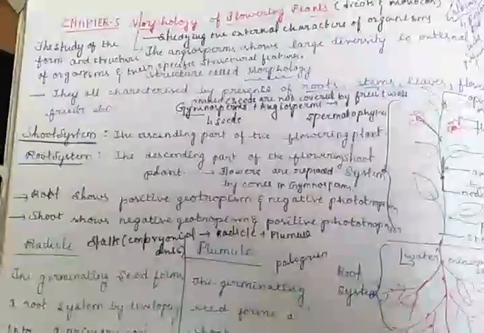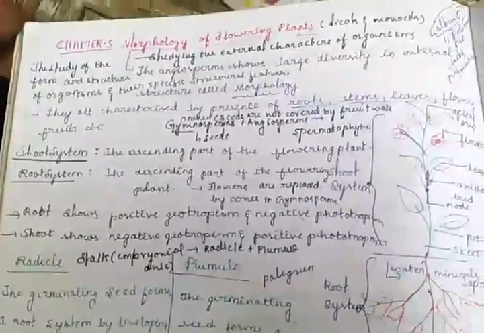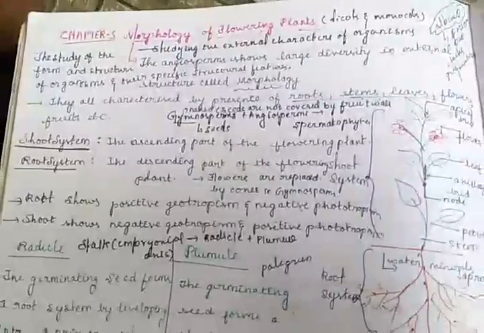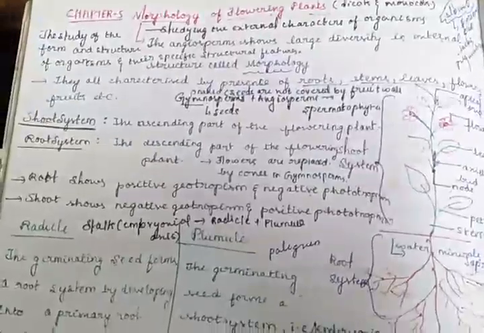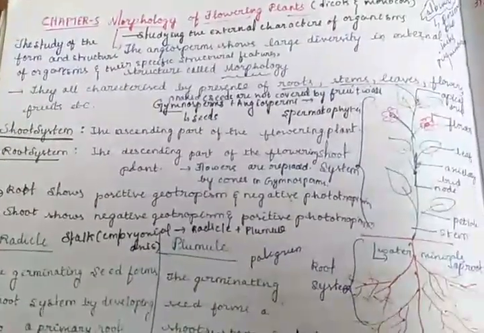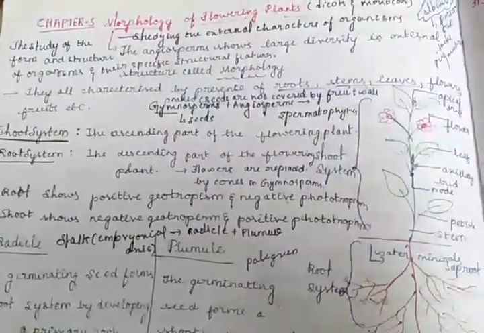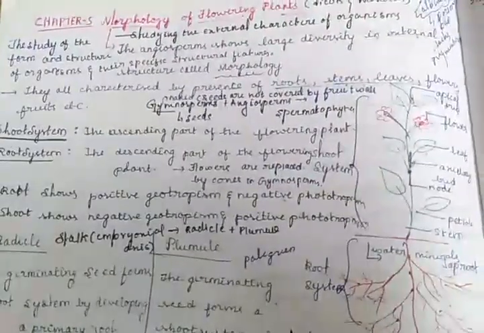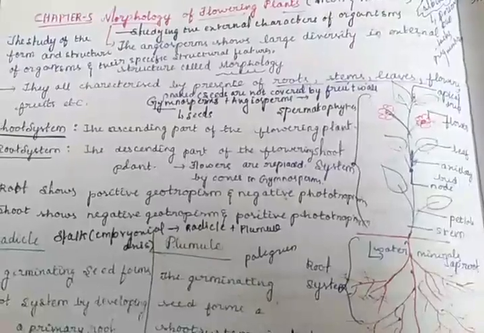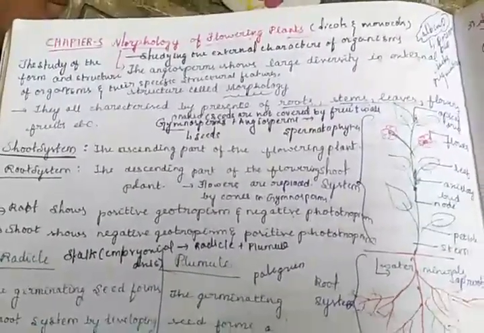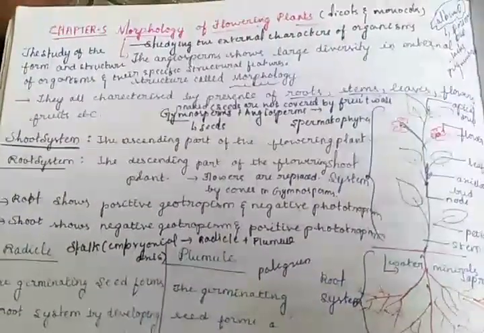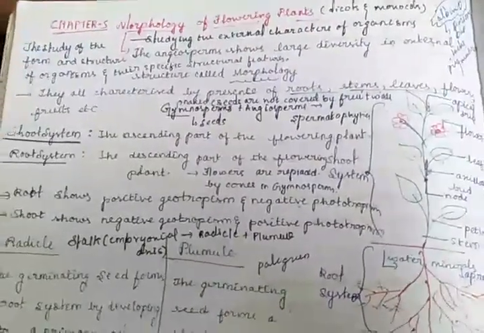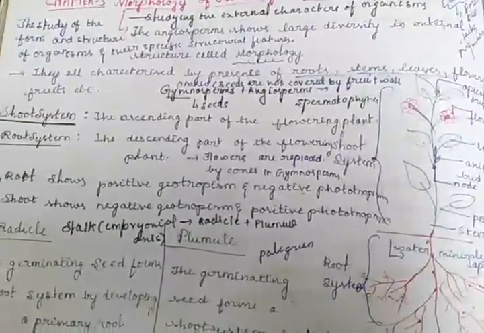In plants, as in Whittaker's classification that we have learned, Whittaker classified organisms into five groups: plantae, algae, fungi, like this. In plantae we have bryophytes, pteridophytes, and angiosperms. Angiosperm is nothing but flowering plants. In flowering plants we have many characteristics. Today we are going to learn about angiosperms only.